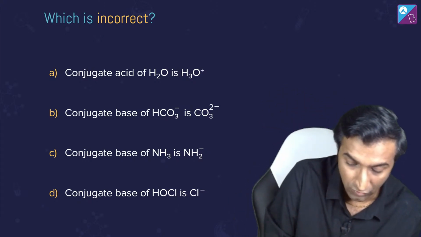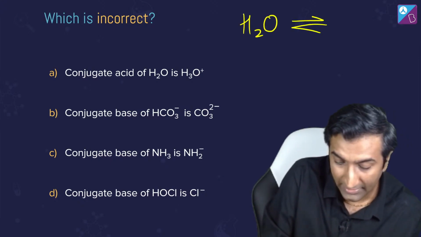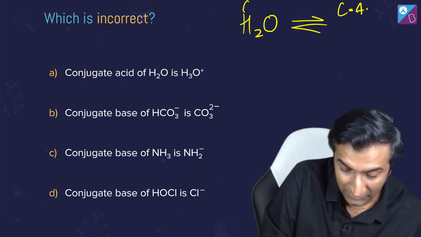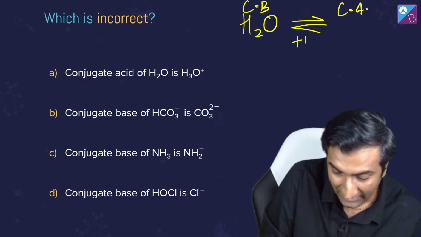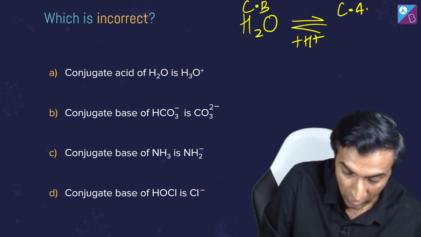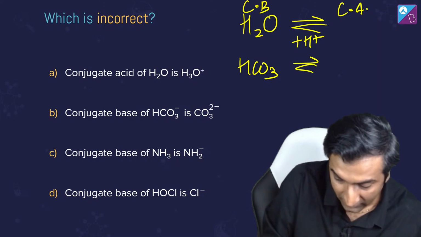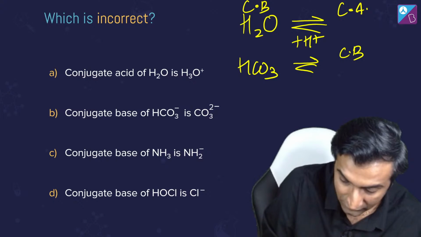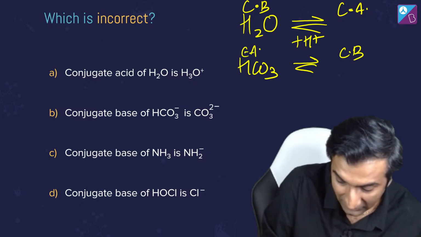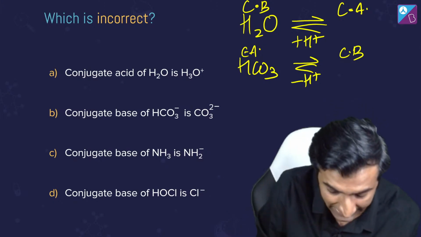Conjugate acid of H2O, राइट? मैं यहाँ पे थोड़ा लिख देता हूँ ताकि बनाने में आसानी हो. H2O का Ca क्या है? मतलब this must be the Cb, right? This must be the base. How is this the base? Add H plus to it. ठीक है. What about HCO3 minus? का कॉन्जुगेट बेस पता करना है. इसका Cb क्या होगा भाई? इसमें मतलब this must be the Ca, मतलब कि remove H plus. ठीक है? बस एक ही हटाओ, दो मत हटाना.